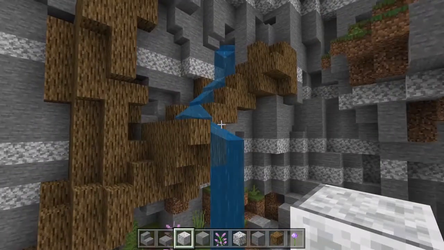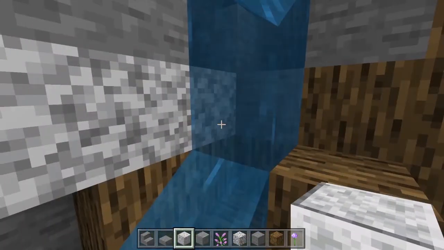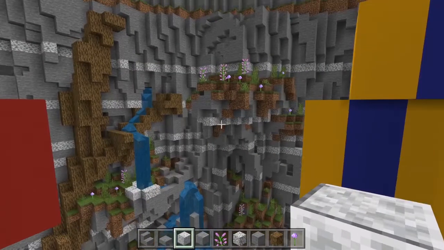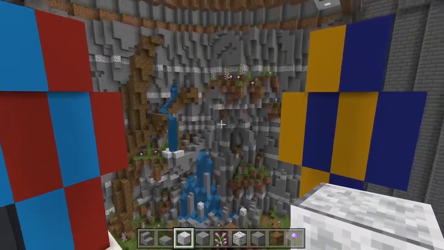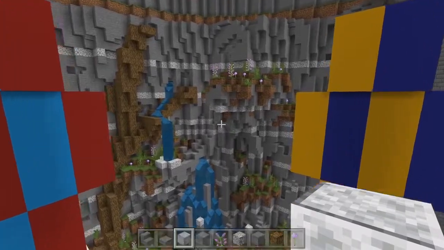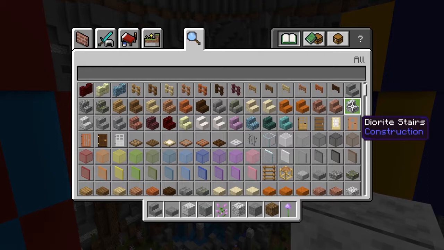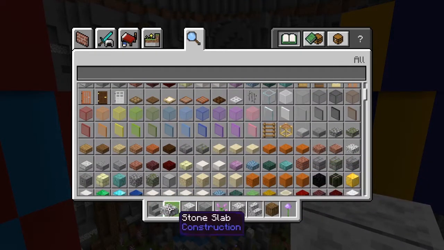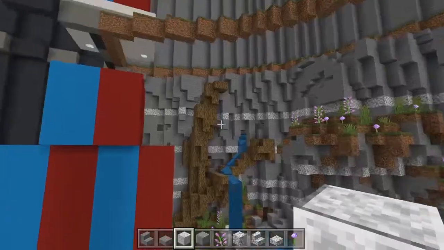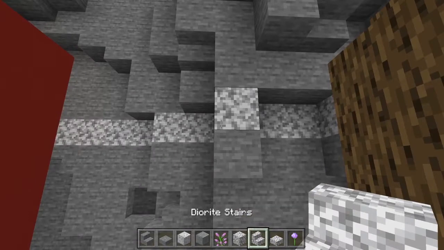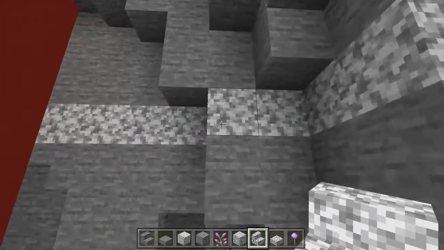Just adds that little bit something else. I suppose everything adds that little bit something else, and all together it adds a huge something. But more slabs and stairs. We also have diorite slabs and stairs now, and since we're using diorite for the strips representing, I found out what it was. It's usually quartz veins that run through